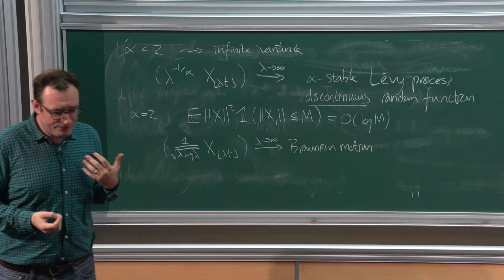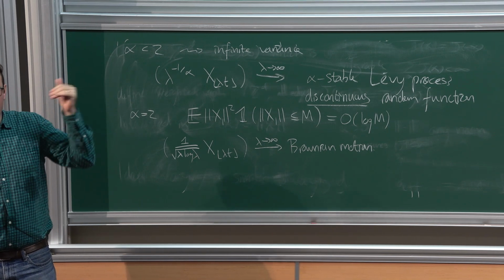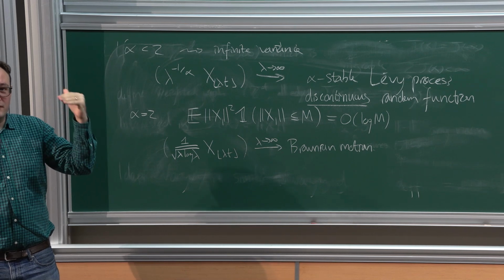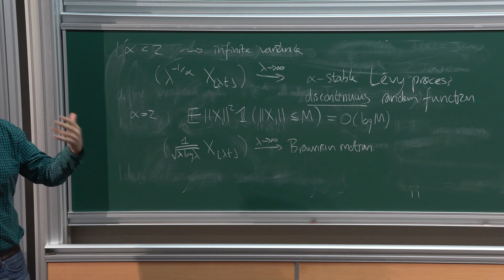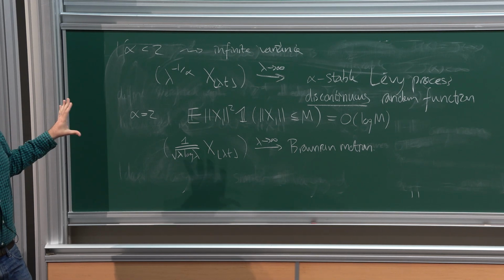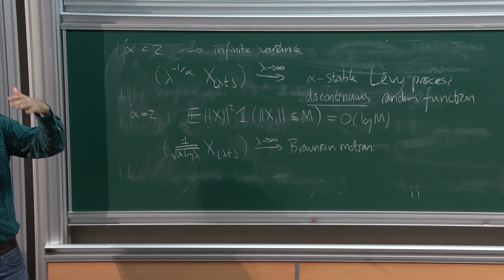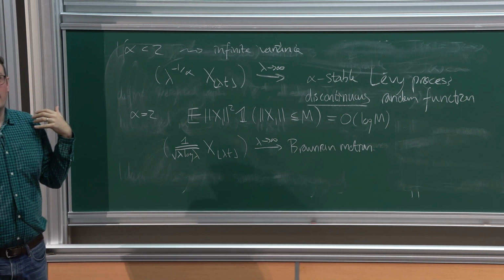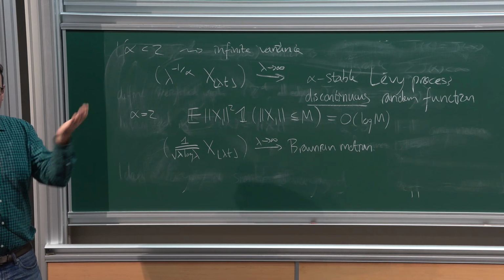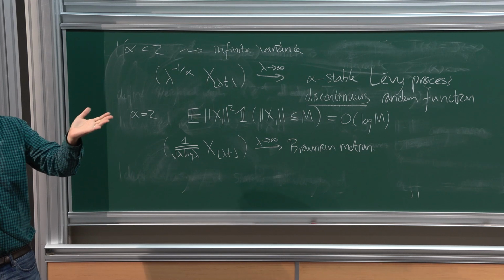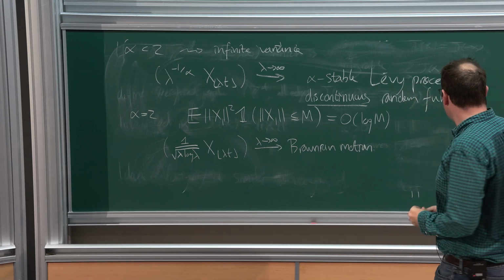So by the way, this is a very common thing: in these boundary cases, we often get the same scaling limit as in the simple case, here being the Brownian case, but with some additional log factors that come in. And although it's kind of a different phenomenon, we'll see that similar things happen at the upper critical dimension in our statistical mechanics models, that you get the same scaling limit as in the high dimensional case, but you have to insert these log factors in order to scale correctly to see the non-trivial limit coming up. Okay.